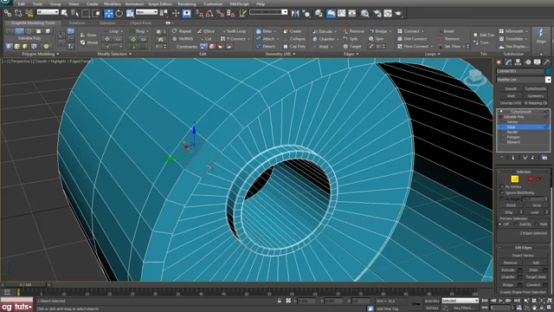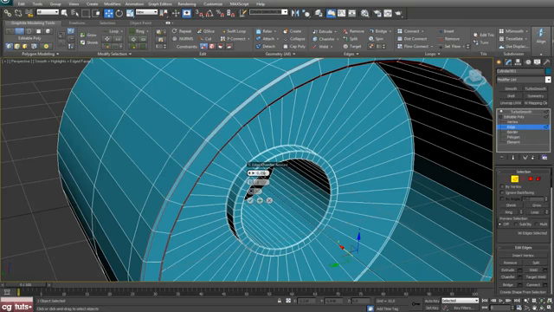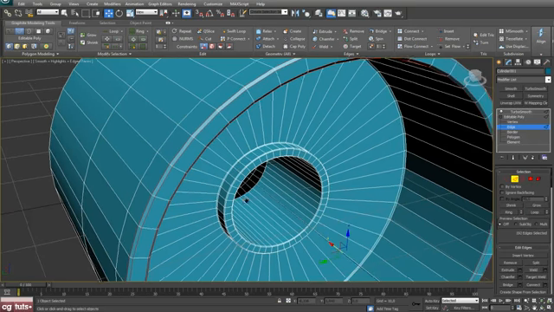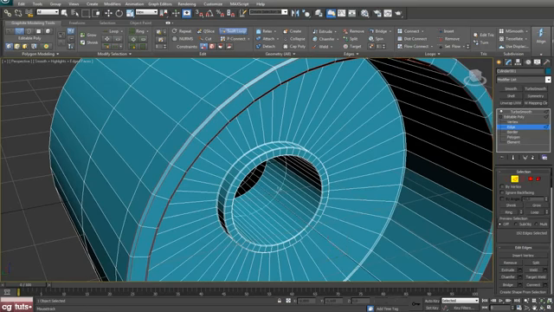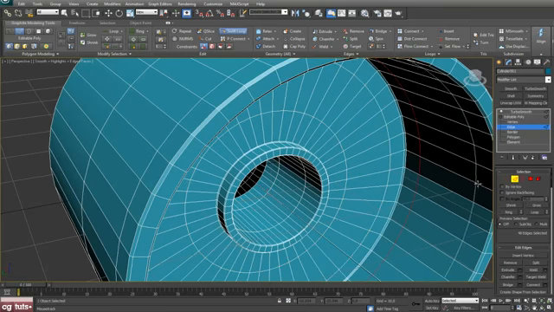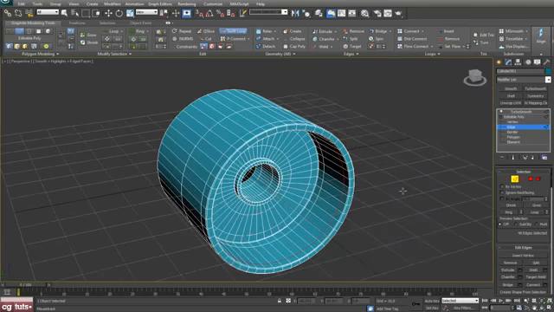Okay, and select these two, loop chamfer 0.25. Okay, and make one loop here, one here, one here, one here, and one here. Okay,